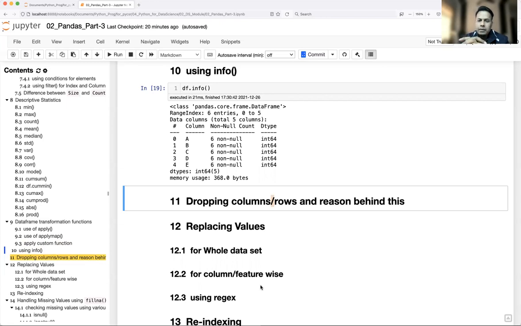I will be covering this under the exploratory data analysis part. If you don't need the data, then you are going to drop those columns. What is the reason behind dropping them? A lot of theories are there, which I'll be talking about more in the EDA part. One reason is to save the number of features. A column is basically considered a feature, so let's say your name, age, gender, and all those things. Each column is nothing but a feature. Do we really need the name column? No, because maybe I don't care about the name. I just care about the data for each particular user. So I'm going to drop the name column.